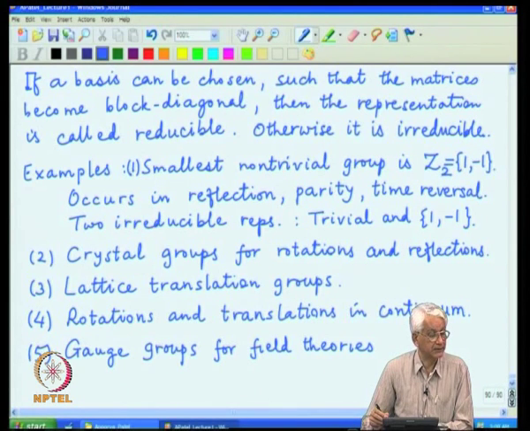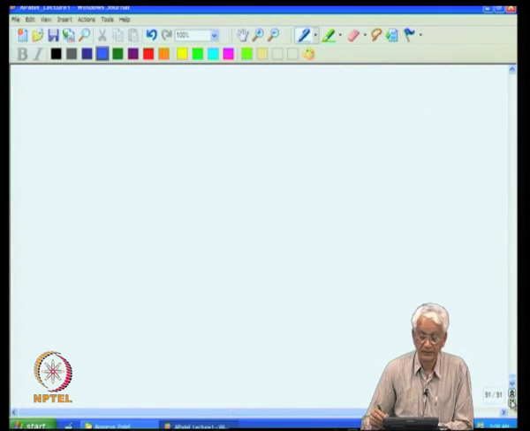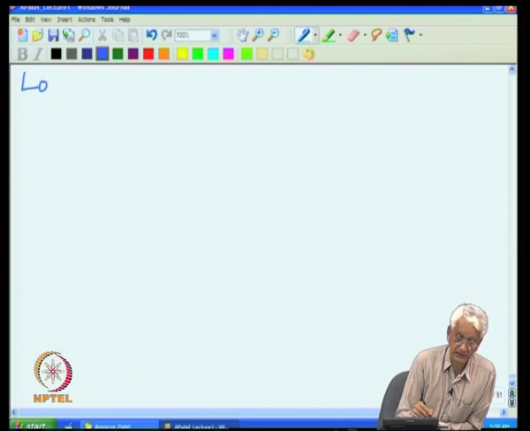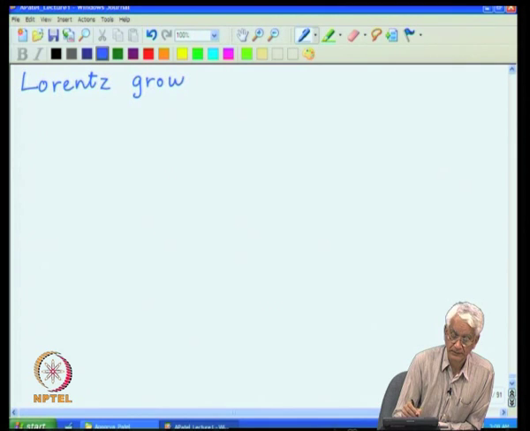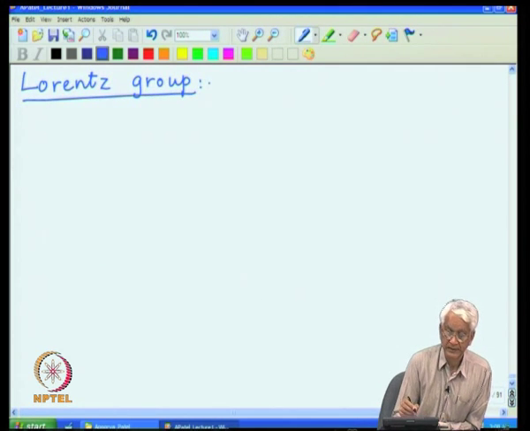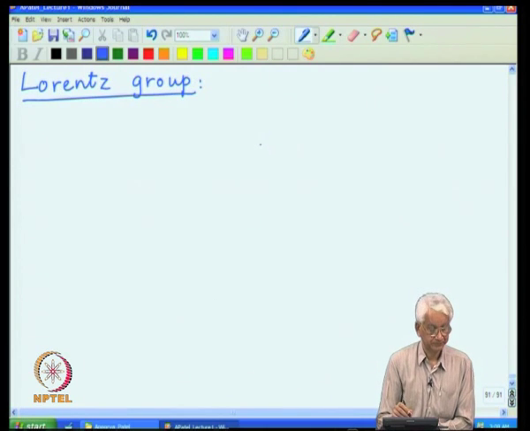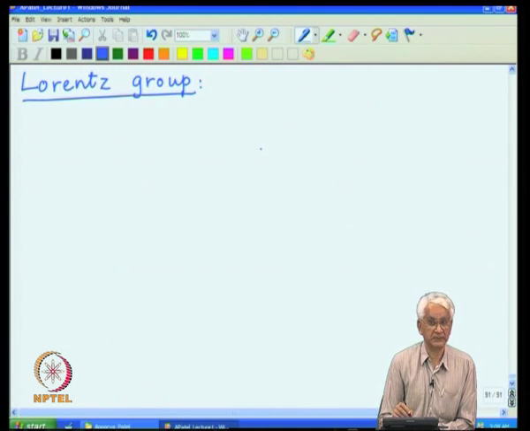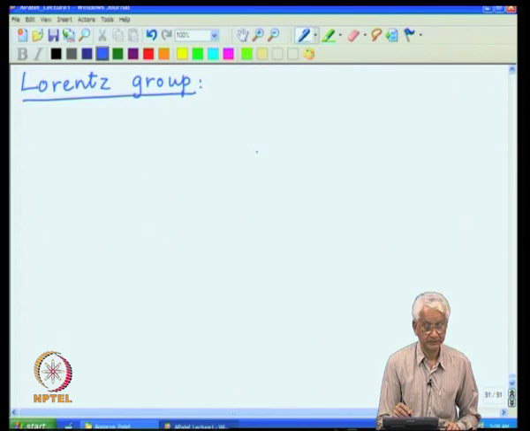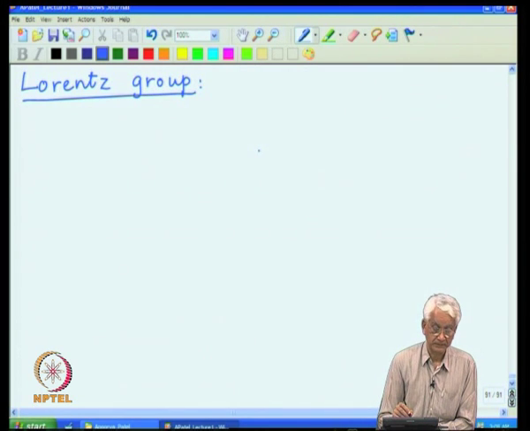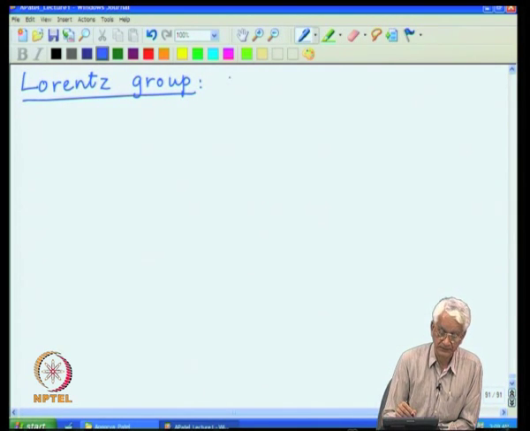Now, I can focus onto the particular group that we want to analyze in detail, and that is the so called Lorentz group. Now, this is a set of transformations which are symmetry operations of the theory of special relativity. So, they describe